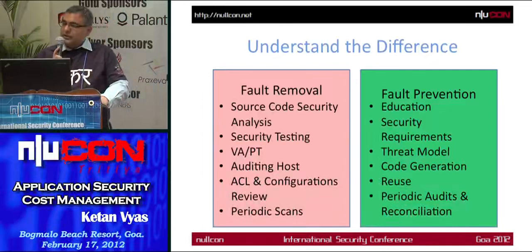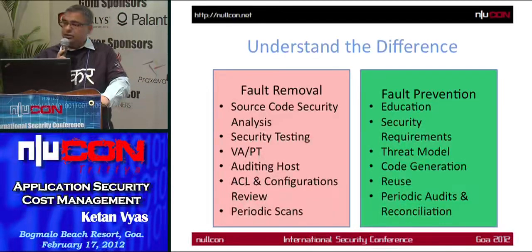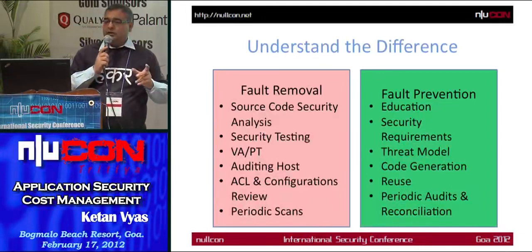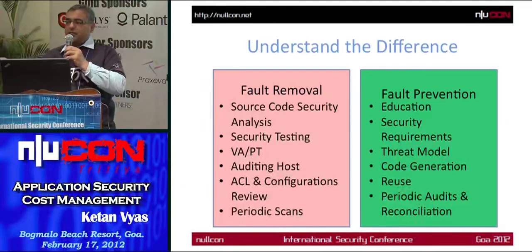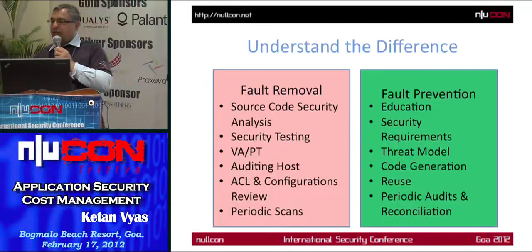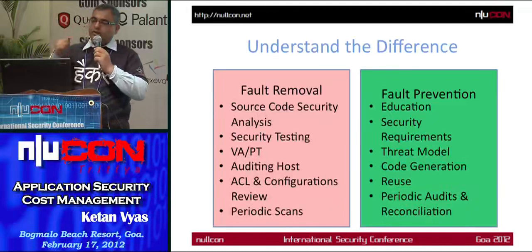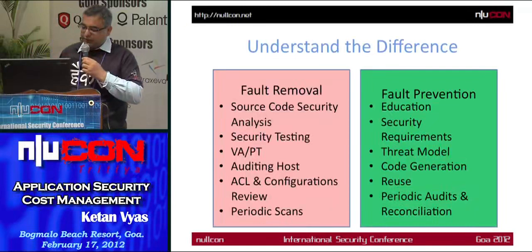The next is code generation. We have seen the automated testing tool. Code generation tools are probably the next generation, where you develop with a model and then say, I need code for Java, .NET, Android. You define the platform and the code would be generated. So if a vulnerability is later found in the code, you go back to the model. You modify the model, so next time any code that is generated from that model would be secure.